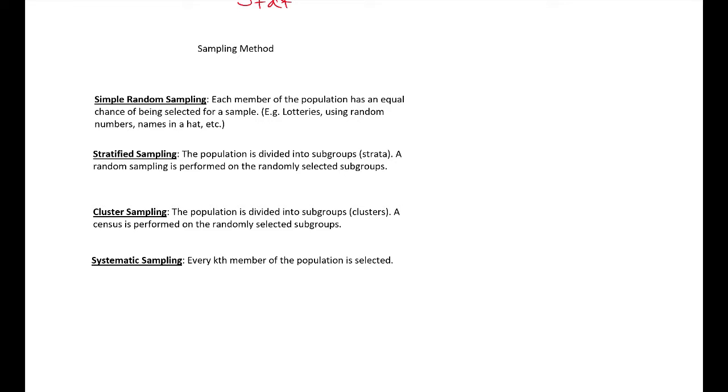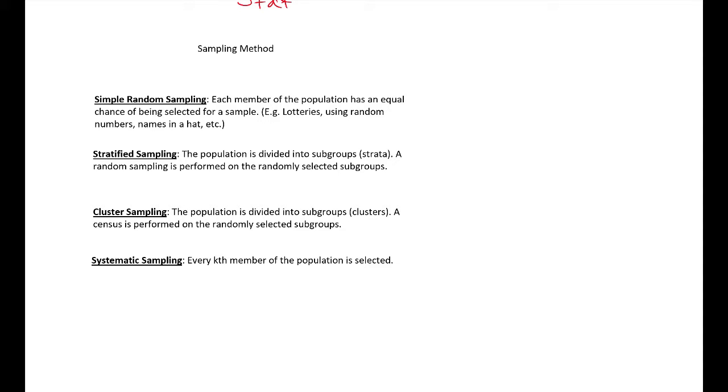differentiate those for you. But stratified sampling, what you do is you take the population and you divide it up into subgroups. All right, so let's say our classroom is our population. I could divide the classroom up into males and females, freshmen and sophomores. I could divide people up by their majors. Those are creating subgroups. And then once we have our subgroups,